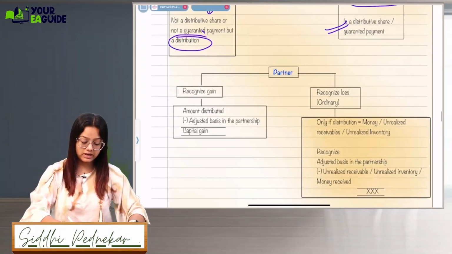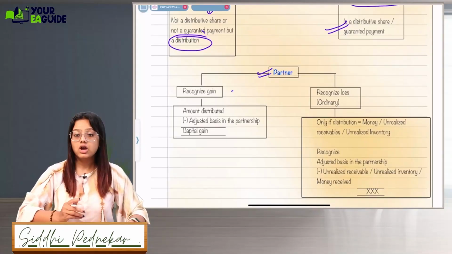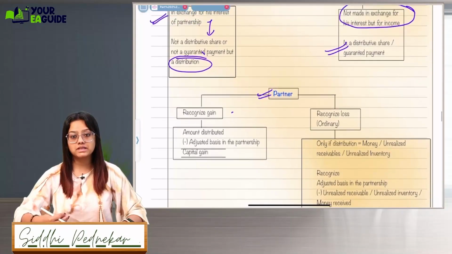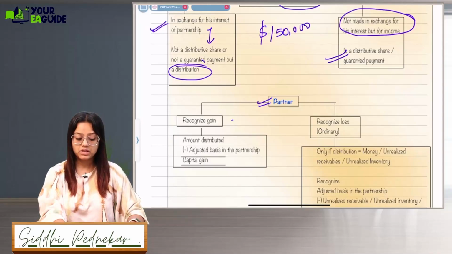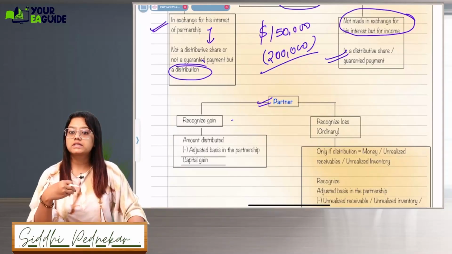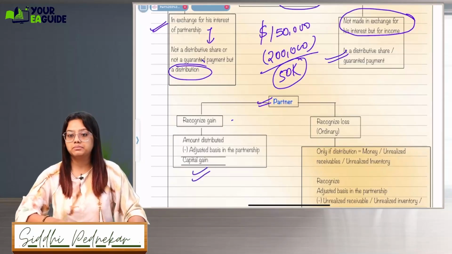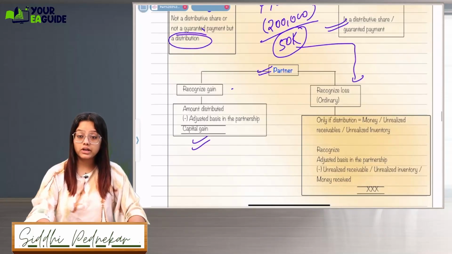In the case of the partner, what will the partner do? They will recognize gain, which is the amount distributed minus the basis in the partnership firm. Let's say he has an adjusted basis of just 1,50,000, and the distribution due to liquidation is $2 lakh. The excess distribution of 50,000 which you get is your capital gain. Now this 50,000 will be considered ordinary only if